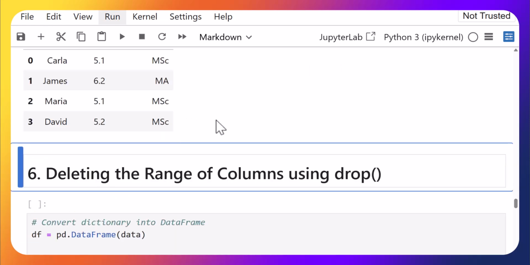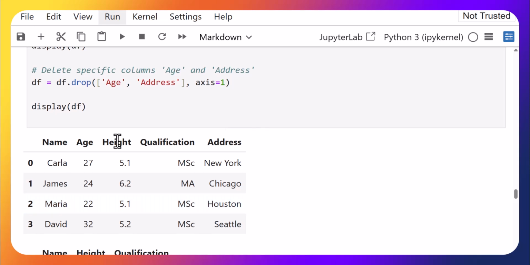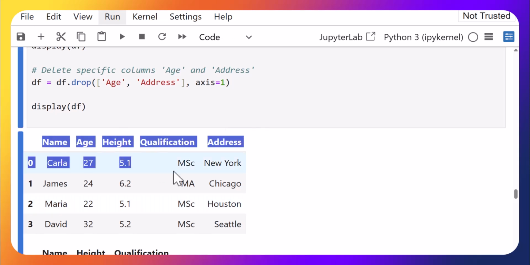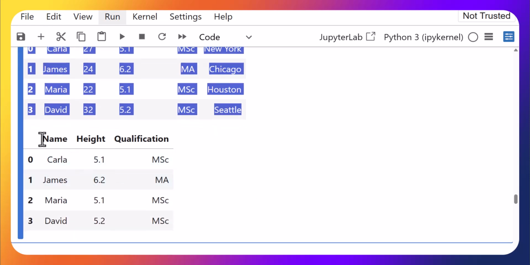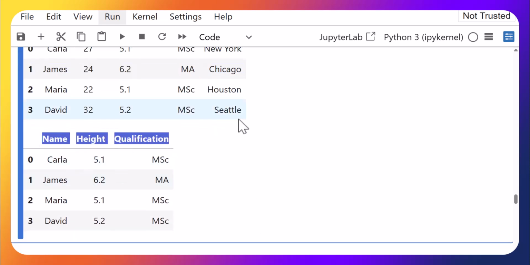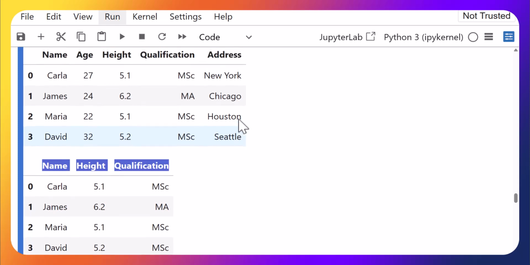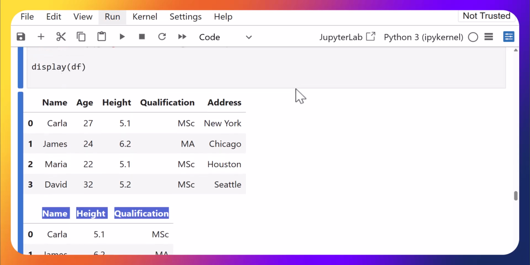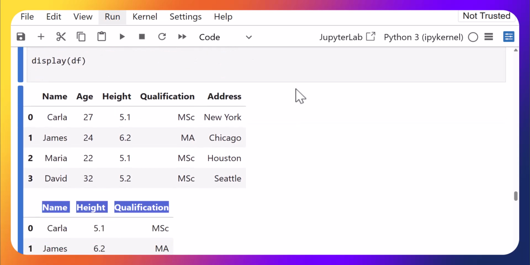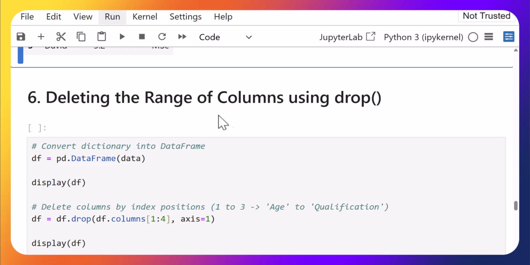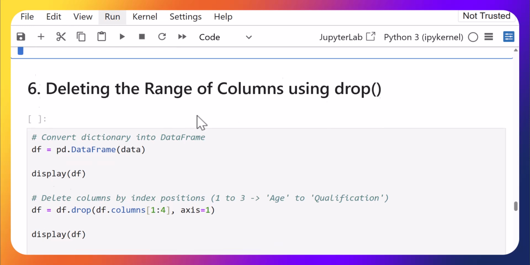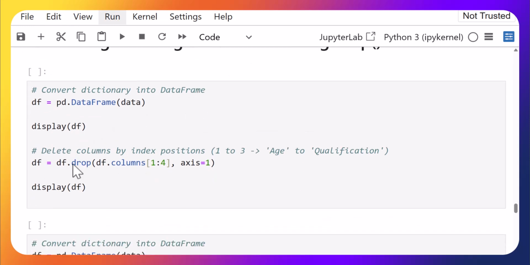So after executing this particular code, we can see that this is the original data frame, and this is the resultant data frame in which there is no age and address column, because we have selectively deleted these multiple columns with the help of the drop method. We can also delete a range of columns with the help of the drop method. In order to do so, we can see again that we have used the